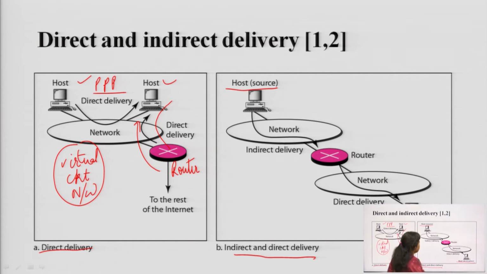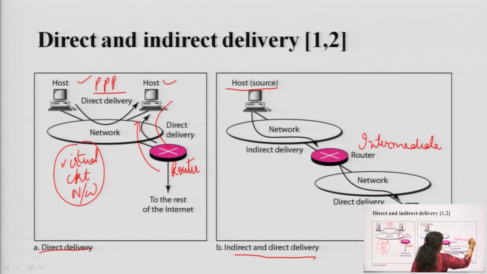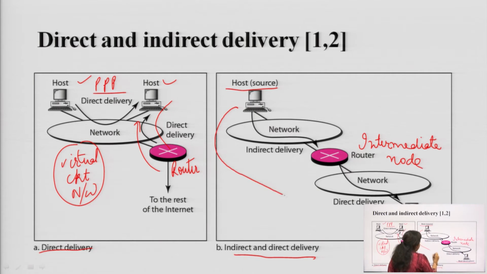So, this will act as an intermediate node for transferring the data from here to here. So, that is not directly connected. This means this is an indirect delivery case, but when we are considering the data to be delivered from